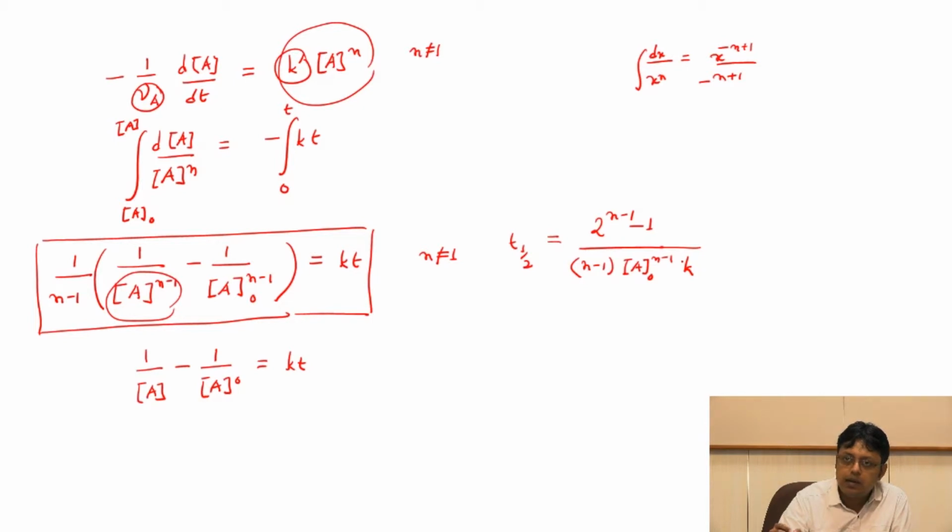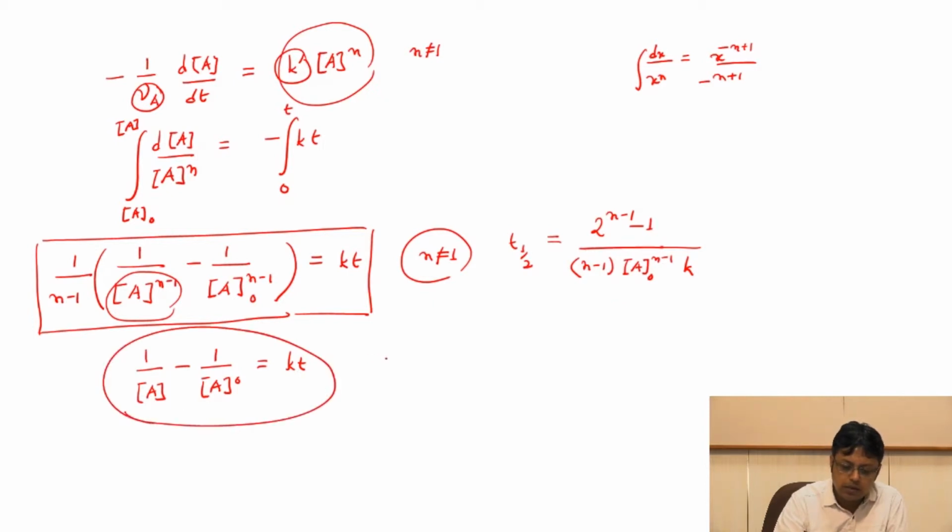Now you see here that this is true for, again, n not equal to 1, which means for second order it will be 1 over a0, for third order it will be 1 over a0 squared, which means now the half-life depends on the initial concentration. So this is a very striking difference between the first order reaction and any other nth order reaction. Now this equation we got when the rate is proportional to the concentration of a squared, but you